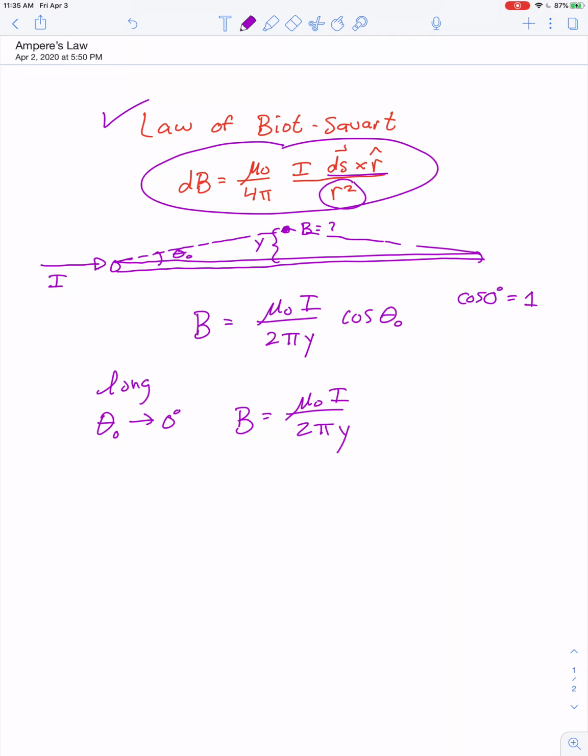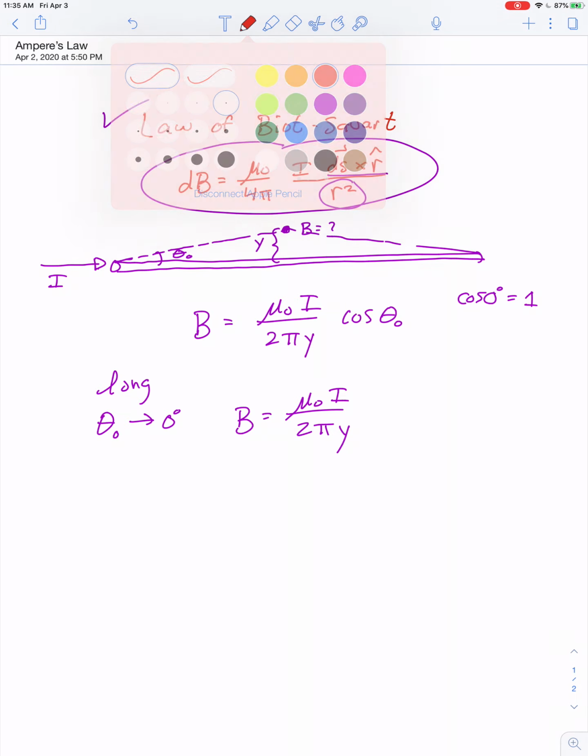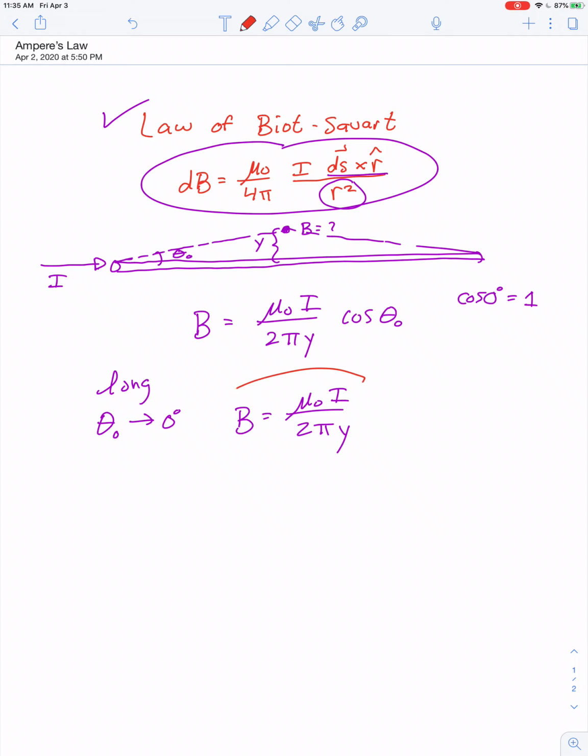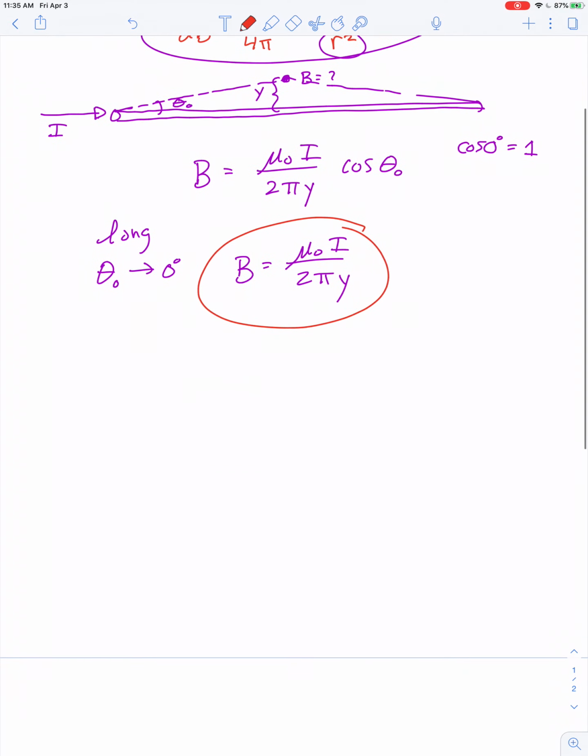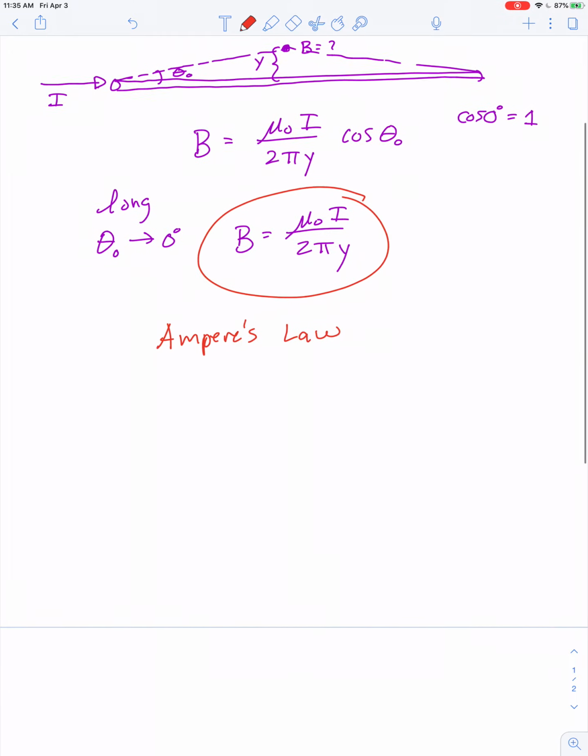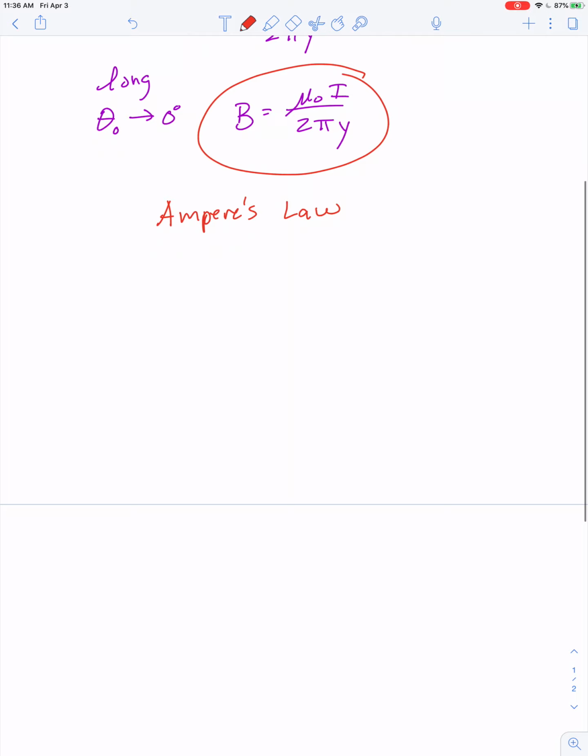So for a very long wire, B is equal to mu naught I over 2 pi y. Okay, well, in this video we're going to use an alternative method to see if we can derive that exact same equation. The other method is Ampere's law. Ampere's law is one of the 4 equations in Maxwell's equations. So I would encourage you, if you haven't yet, to take a look at my video that introduces Maxwell's equations,